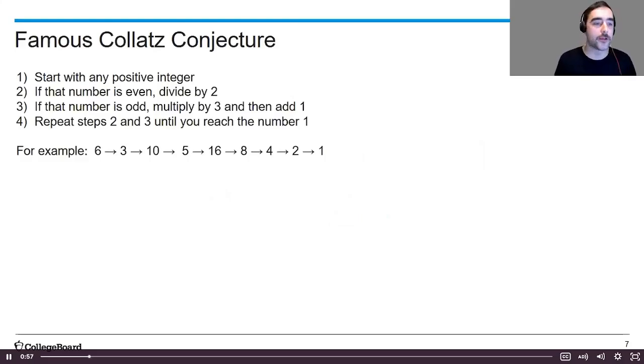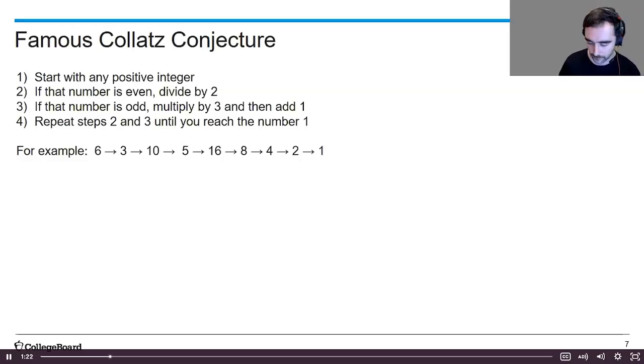This is the famous Collatz conjecture. I start with a positive integer, in this case 6. If that number is even, you divide it by 2. If that number is odd, you multiply by 3 and then add 1. Then you repeat steps 2 and 3 until you reach the number 1. You see here, it starts with 6, and then following this algorithm, it eventually makes its way